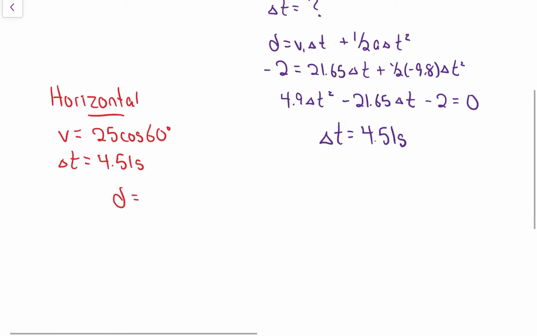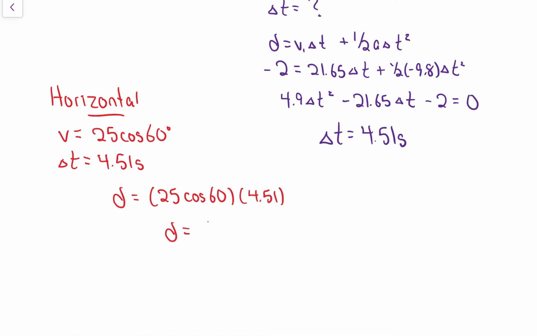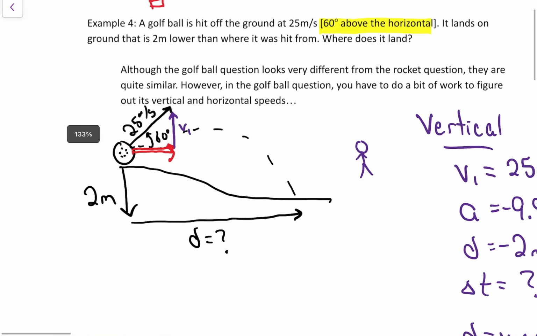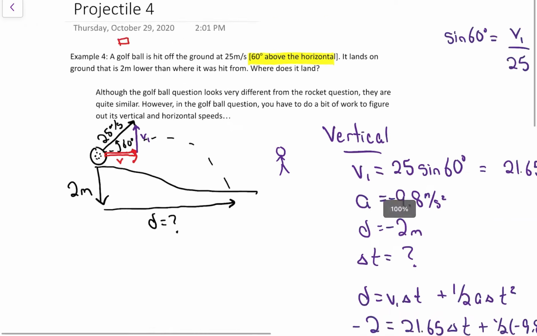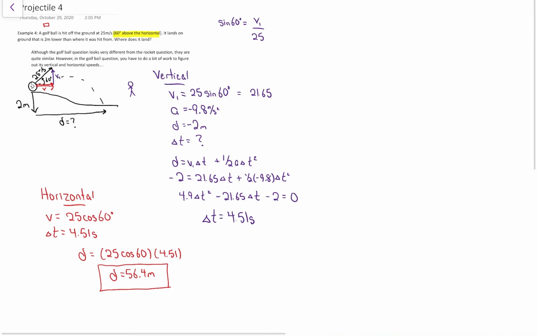To finish it off, the nice thing about the horizontal, it's always that simple equation. D equals the V multiplied by the T. So multiply those out, I'm getting a distance of 56.4 meters. So a little bit of a different question. The difference to the starting point this time is we had to do components on that angular velocity, find the vertical velocity, find the horizontal velocity, then we can plug those into our components. Whichever component we start with, find time, plug that into the other component to